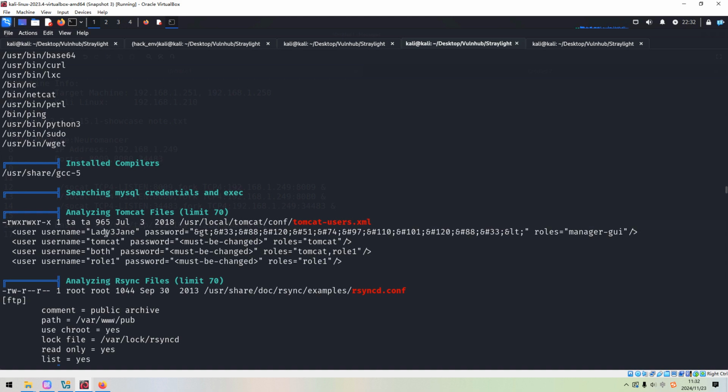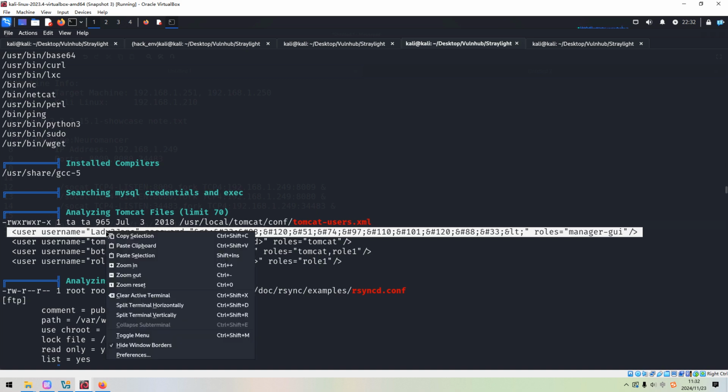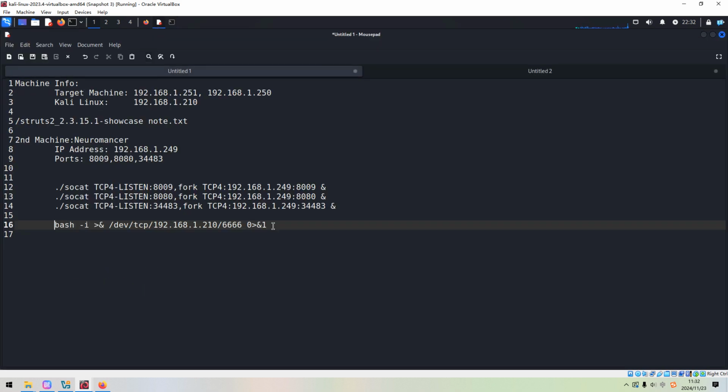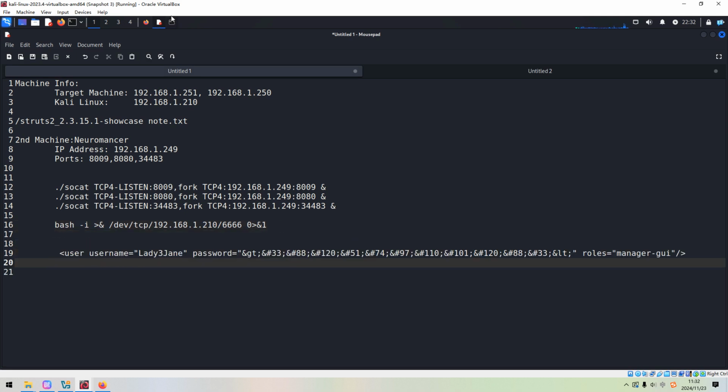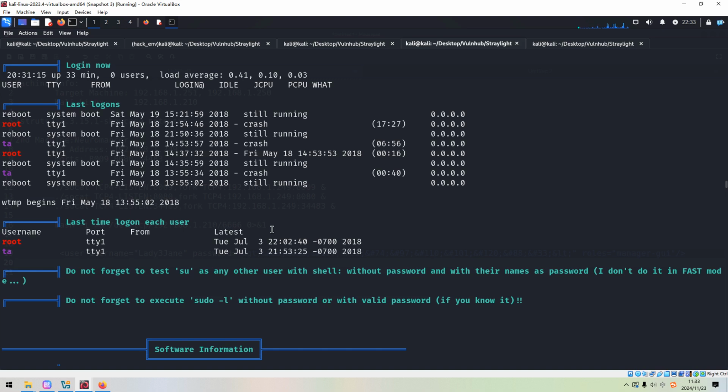We found some very interesting information. The username and password we can copy. So this credential is used for the Tomcat. We can copy, but the username is the same as the system user. So we can copy, maybe the password is reused. However, it looks like this password is encoded in HTML, but to decode it is very simple. Let's continue.